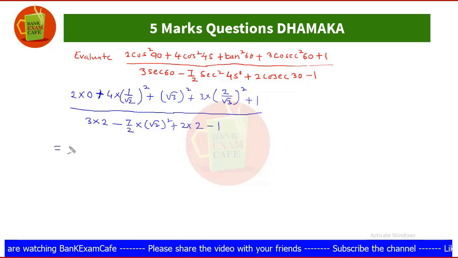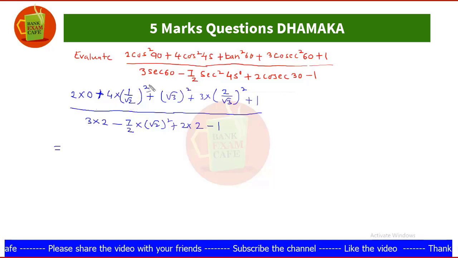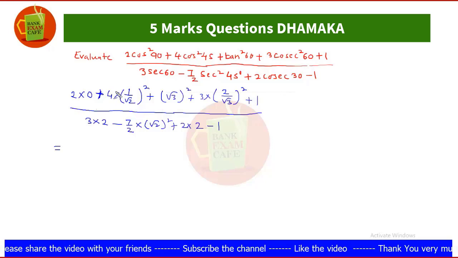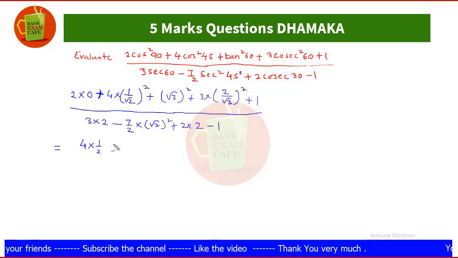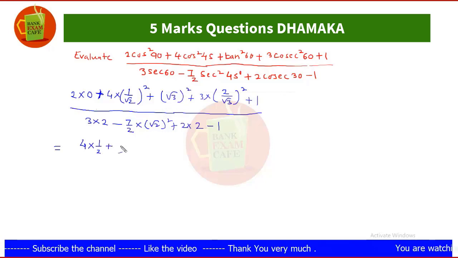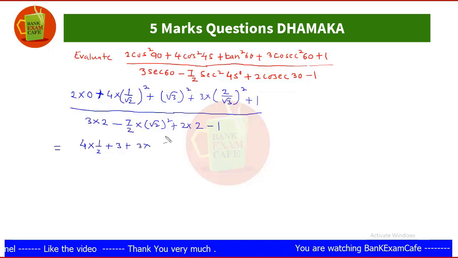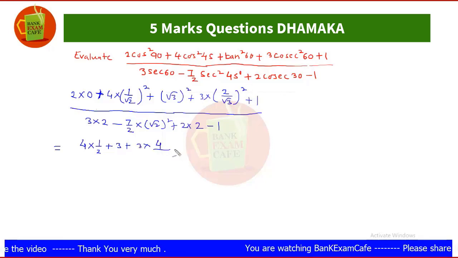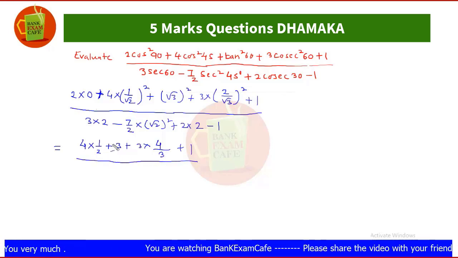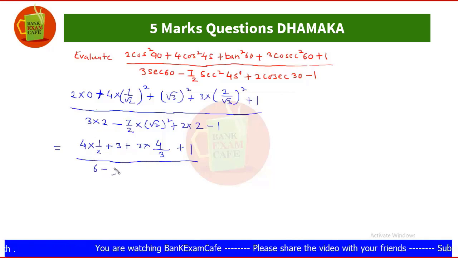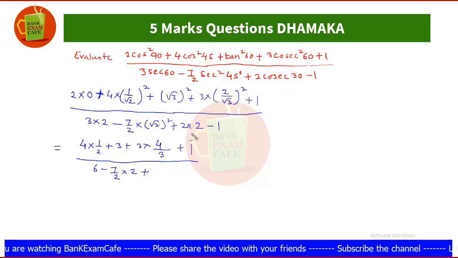Now just simplify. This will be 0, so 1 upon root 2, its square will be 1 upon 2, and so it will be 2 2s are 4, but I write here 4 into 1 upon 2, plus root 3 square will be 3, plus here 3 into 2 square will be 4, upon root 3 square will be 3, plus 1 upon 3 2s are 6, minus 7 by 2 into root 2 square will be 2, plus 2 2s are 4,